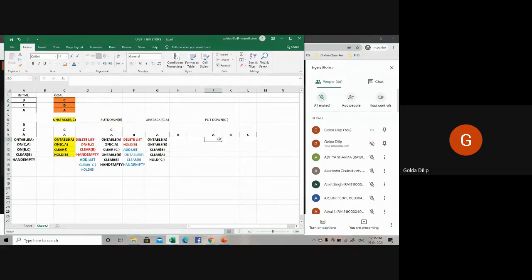Now what holds good here? I can write on table A, on table B, then on table C also, then clear A, clear B, there's nothing on top of B, then clear C. Then what about my robo arm?